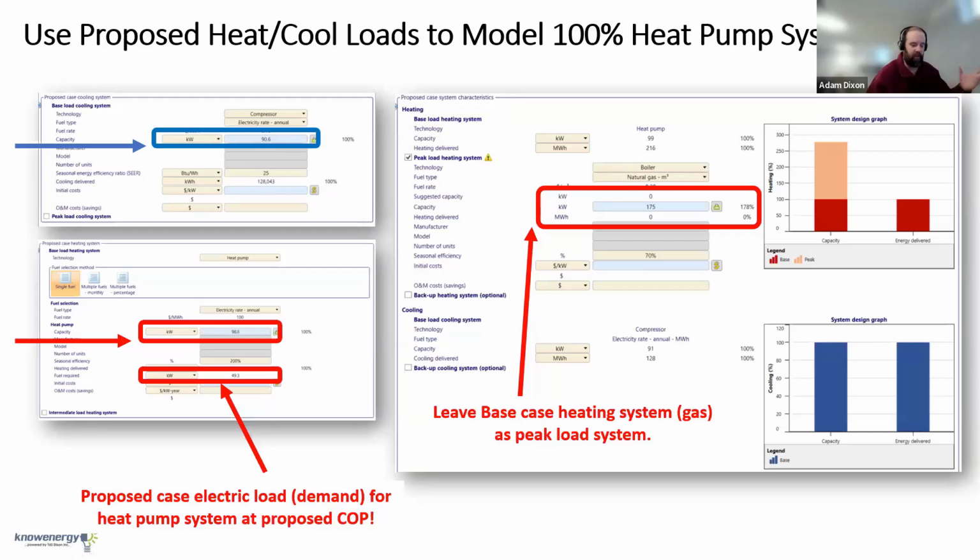And in this case, with cooling, you kind of have to meet 100% of your load. There's no kind of backup peak load cooling systems, because it's all electricity. So you do have to get a system to meet 100% of your needs. So the cooling delivered is 100%, and the demand and the capacity is also 100% here. On the heating side, that's where we can get a little bit more creative. In this case, it has been matched to meet 100% of the load, or it's probably actually